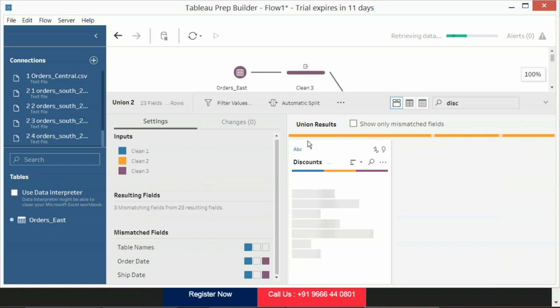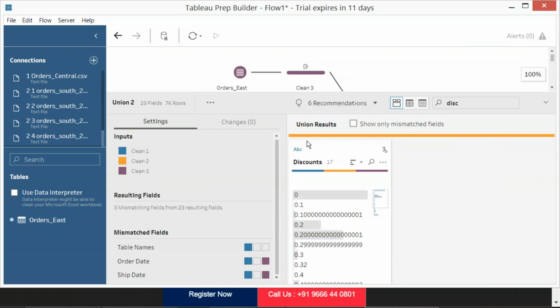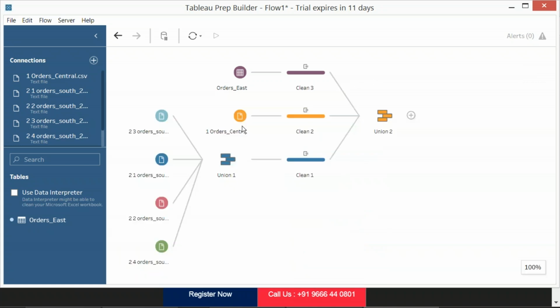So discount is merged as discounts. And what does this color indicate? Yes, this is the orders east, the east color. And this one, yellow, indicates central. And the third is south.